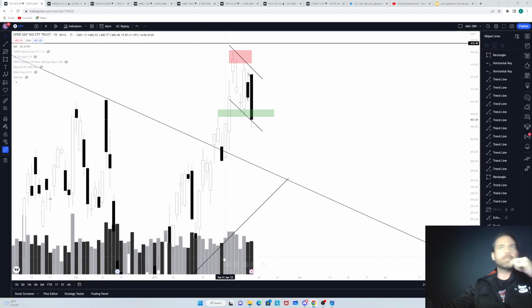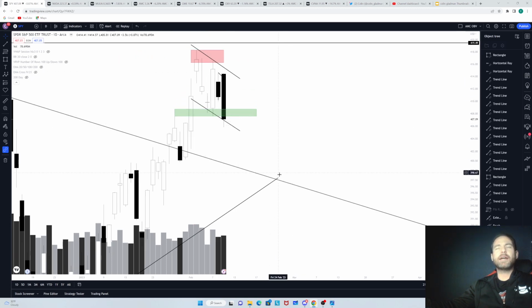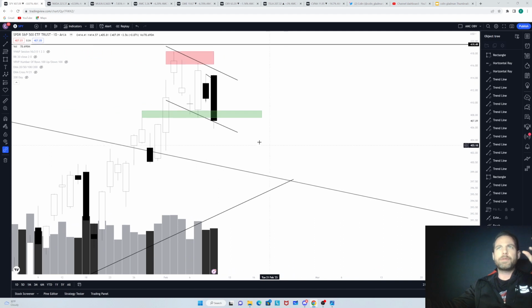So let's jump into the chart. On SPY, I tweeted out yesterday that this is basically what's called, on the daily, a bearish harami, and it's an inside bar, so it's both, okay? An inside bar is basically where you have an entire candle inside the bar of the previous candle. However, this leans bearish because you have a big bullish candle followed by a small bearish candle, which really, if you put these two candles together,